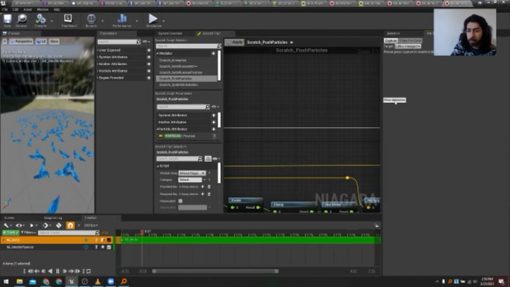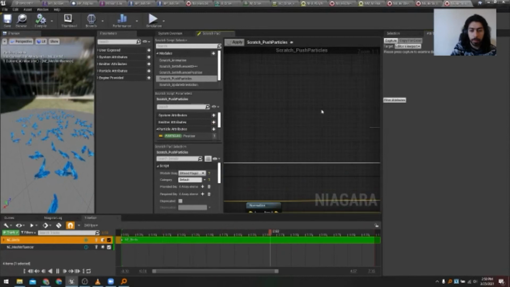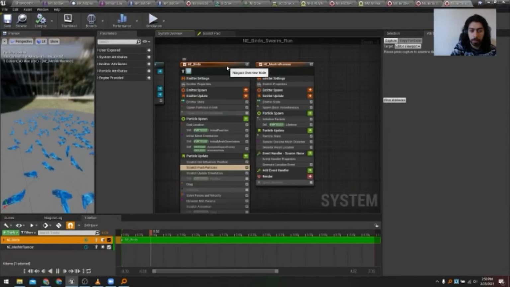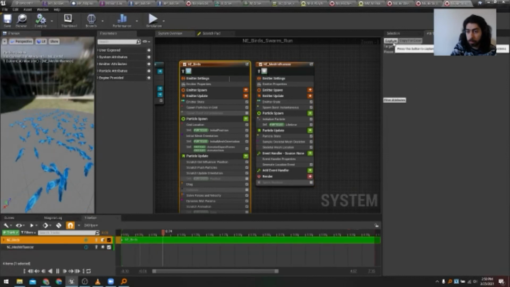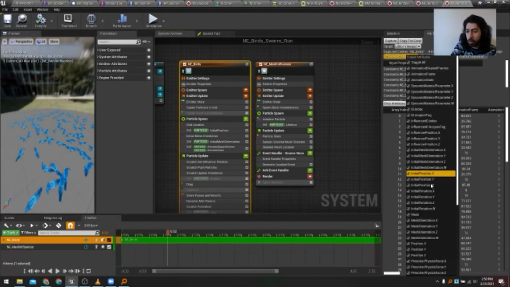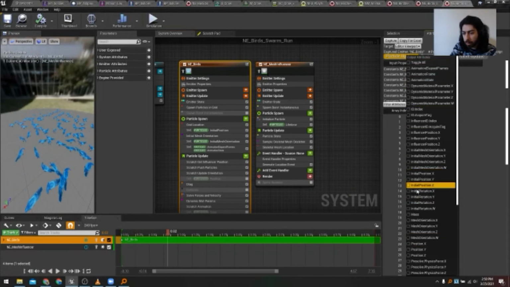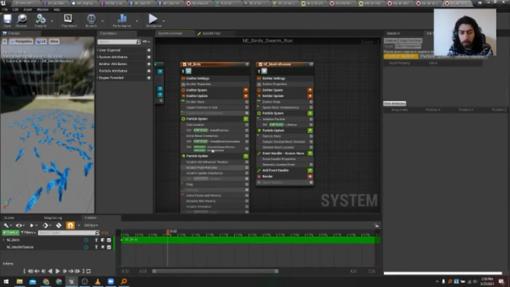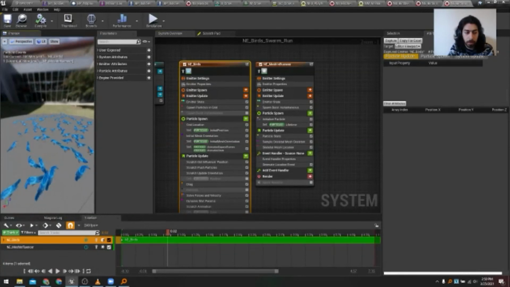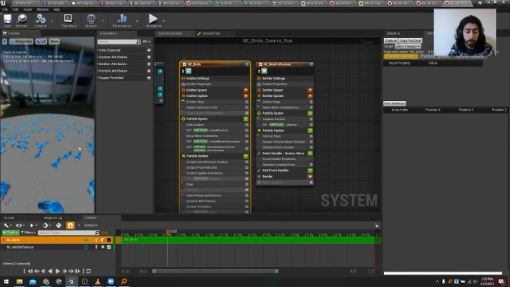So let's just say that we have an emitter we have to select first. Let's just select the birds, because we have multiple birds. We hit capture, and it's showing me all the attributes that I need, like orientation, position, everything. I'm going to toggle everything off, and I'm just going to look at the actual position to see them change. Right now, they're not going to change that much because they're in the viewport of Niagara. But how can you actually debug a system inside of the engine itself, like the game?